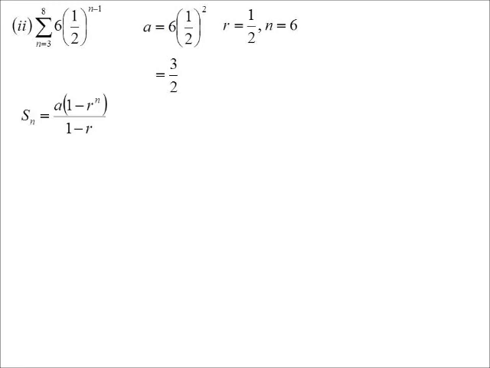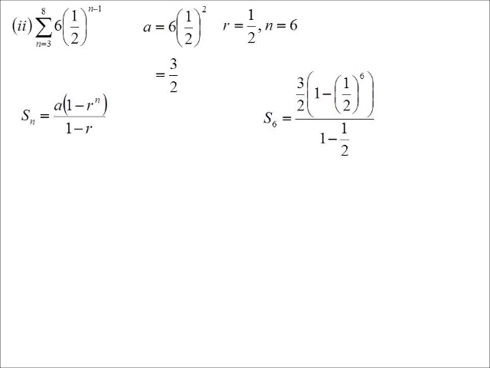This time I'll use the 1 minus r formula because the ratio is smaller than 1. Again, this one depends on how good your calculator is. Now, I'm so used to the older calculators that I tend to do it bit by bit. So I'd probably work out the half to the power of 6 first, subtract from 1 and do it that way. But as I say, some of these newer calculators can handle that whole thing